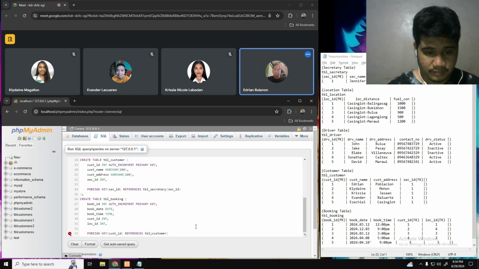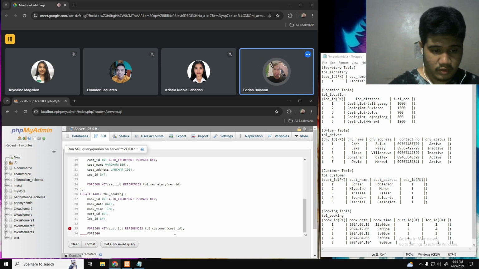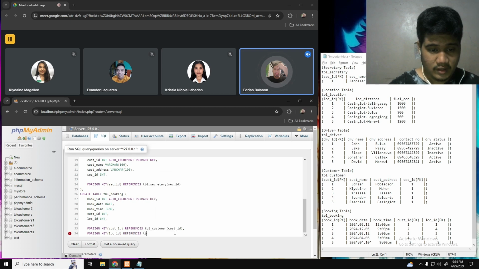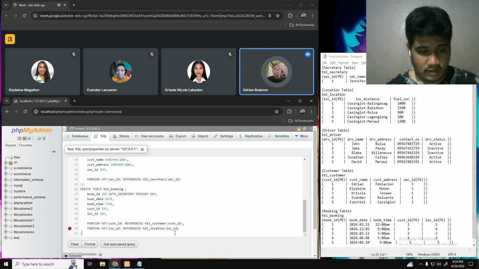And then what is the primary key of the table customer? Customer ID. Second one, we're gonna put foreign key of location ID. We're gonna put location ID referencing table location, since location ID is located in the table location. Primary key of table location, location ID. Now we're gonna close it.